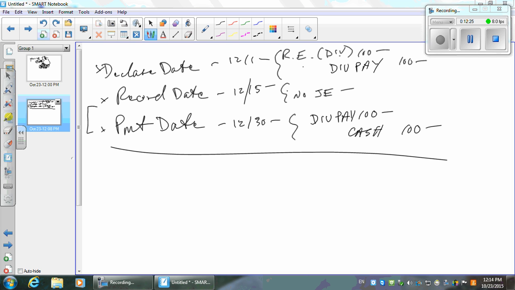Okay, preferred and common would work exactly the same way. You could call it a preferred stock dividend payable, preferred cash dividend payable, and a common cash dividend payable if you want, right? Okay, so then let's say we don't have the cash and we'd still like to do a dividend. Okay, now this gets a little more complicated, right? Because there are two sizes for the dividends, and we do the accounting differently for the two different sizes. Okay, so let's do a stock dividend.